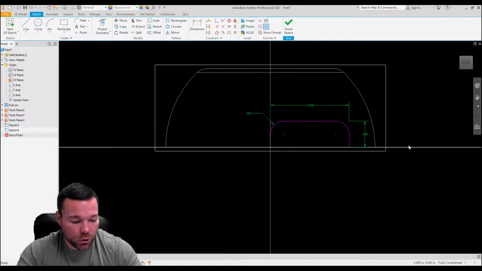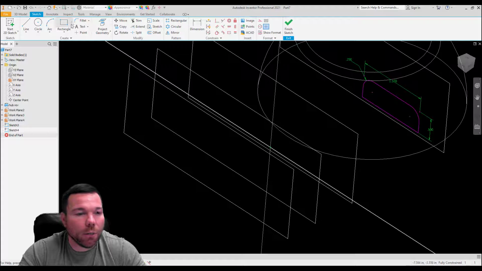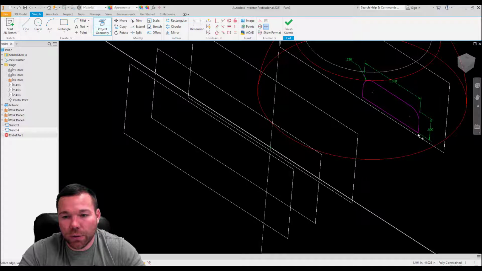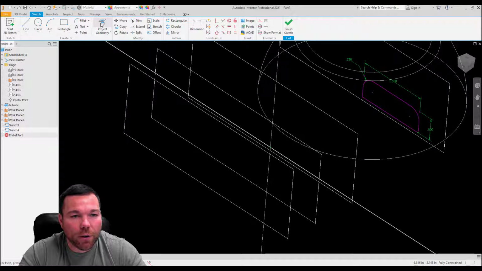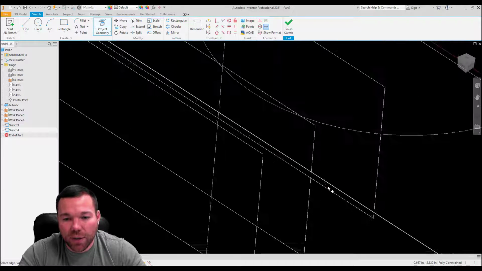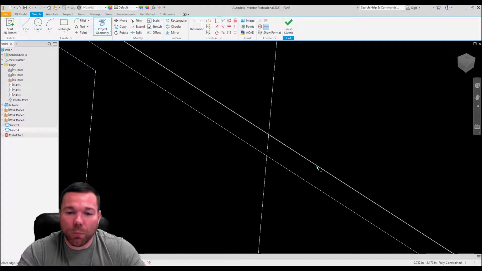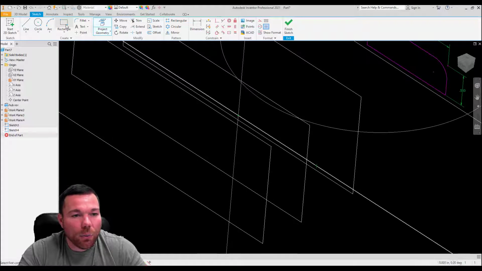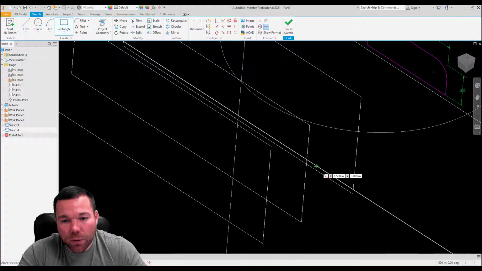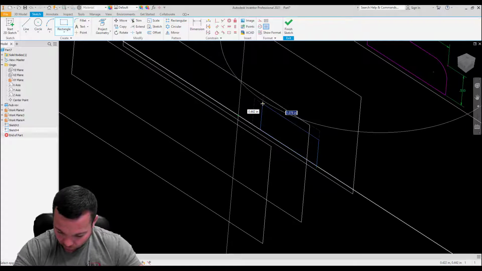Start sketch, and I like to get isometric, and we're going to project geometry. Actually, it's hard to grab these without, let me select it first and then project the geometry. And you can see there, it actually projected my corner point there. So what I'm going to do then is grab that, and I'm going to make this next rectangle,